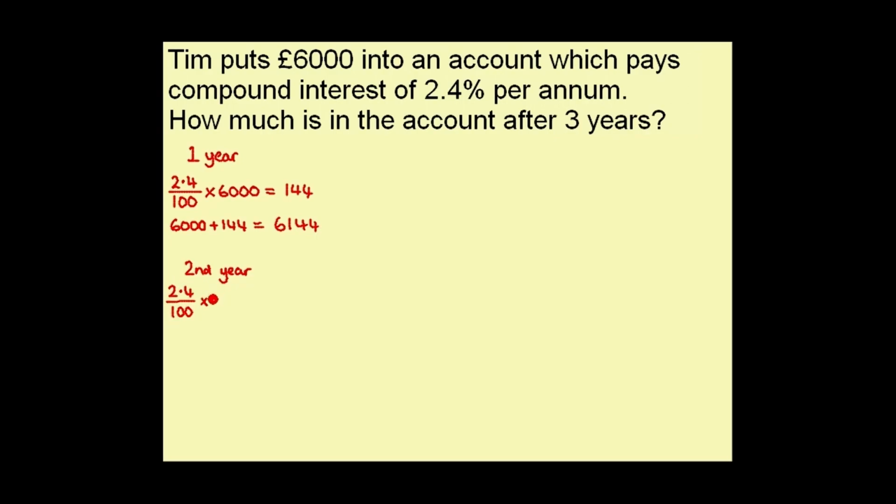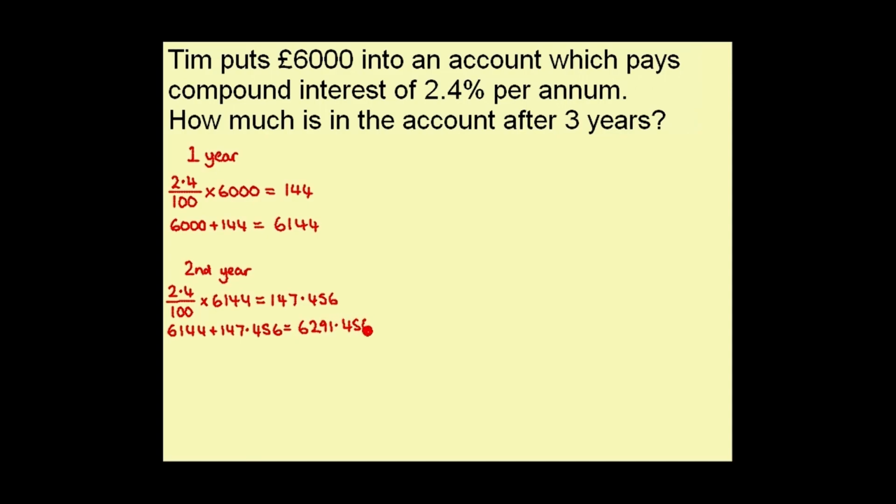of £6,144. And this gives us 147.456. I'm not going to round it off yet because I'm not at the end of the question. This would be added on to the £6,144. To give